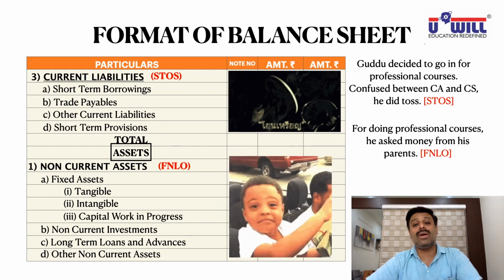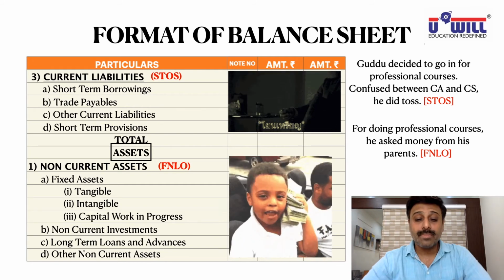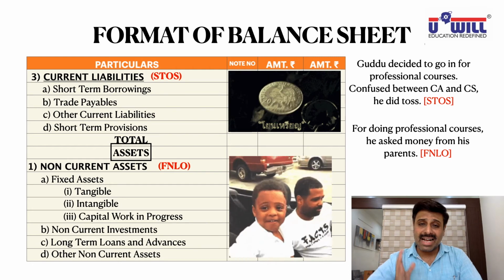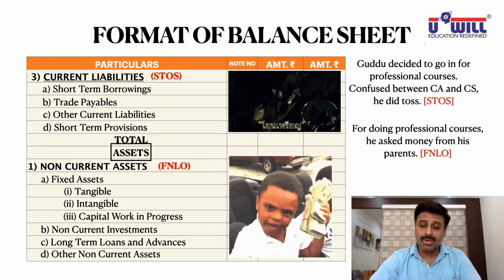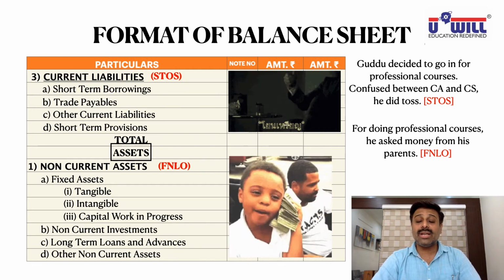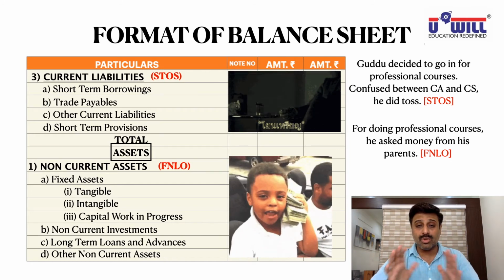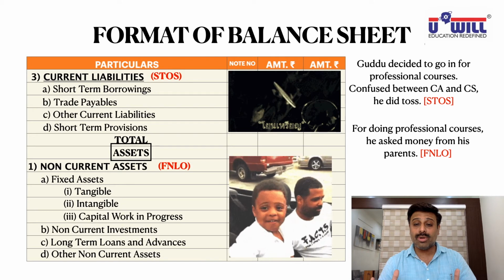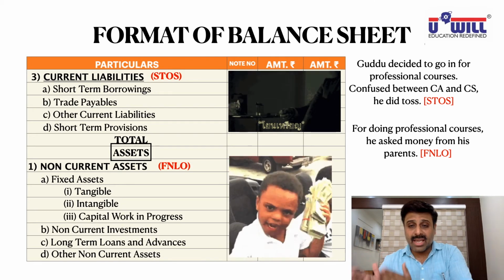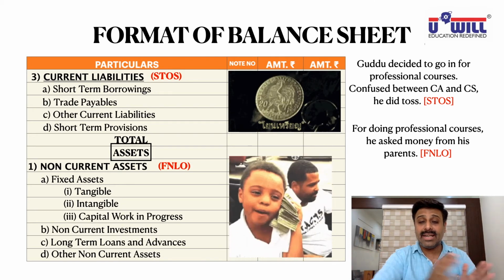Now, what is capital work in progress? New term, understand it. Work in progress, you understand? Kaam chalu hai, work in progress. But here, work in progress means finished, semi-finished goods. One is finished goods, complete product. And work in progress means the making of the product is started, but it is not completed. The work is in progress.